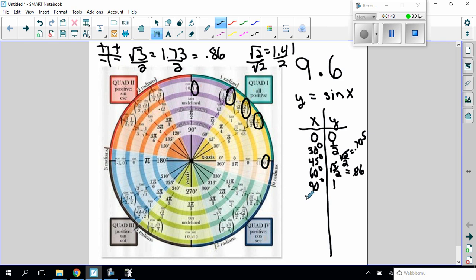So it makes sense that if I went 120, 135, 150, 180, all the angles, that these values would just simply repeat. And at 180, let's be careful, sine is the y coordinate 0. And then dot dot dot, same thing but only the negatives. So what we need to do is plot those points. So when we plot those points,